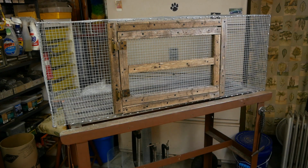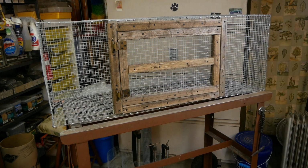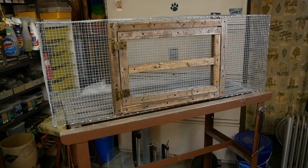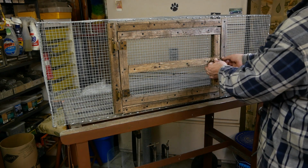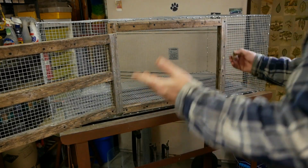And actually, when I was talking earlier and saying I'm not sure if I'll put the center board in, this board right here, the reason that I go ahead and install that board is so that I have a place to get a good purchase with this clasp block here. So we'll install that something like that, and the hook side on this other side, and then we'll be able to open this up, get all the way